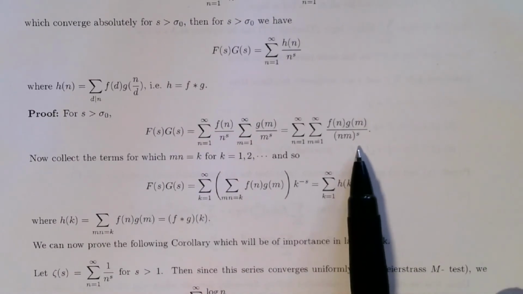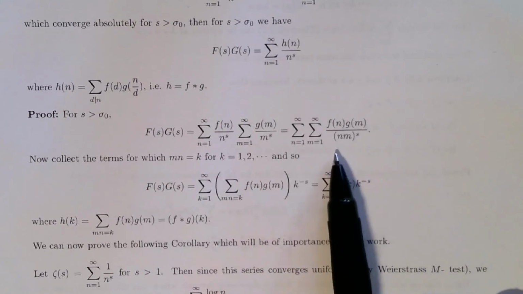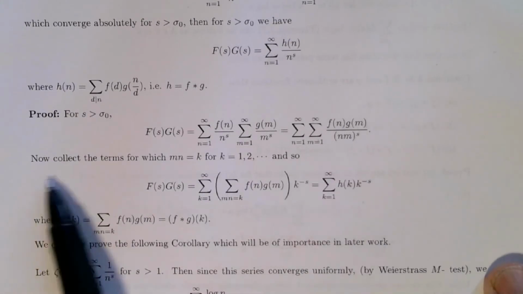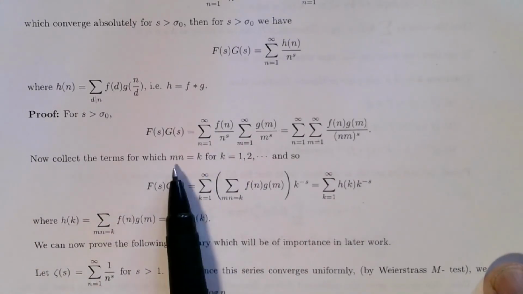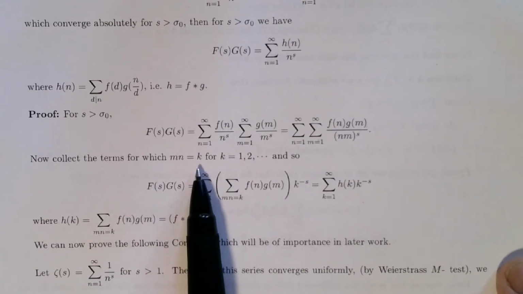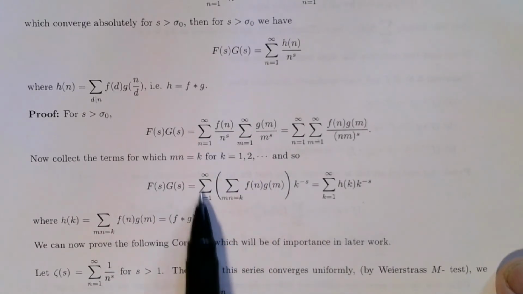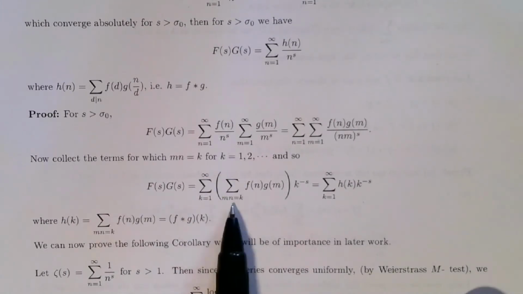Now, if you look at this series here, I'm going to put n times m, and call this k, and I'm going to collect the terms. Because it converges absolutely, we can rearrange the terms of the series. And so I'm going to collect the series for which mn is equal to k, where k goes from 1 to infinity. That is, this product is the sum k is 1 to infinity, and then I take a sum, m times n is k,